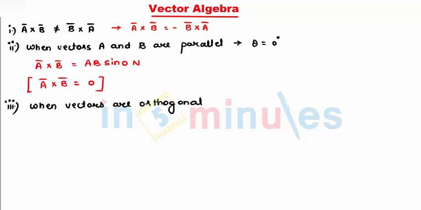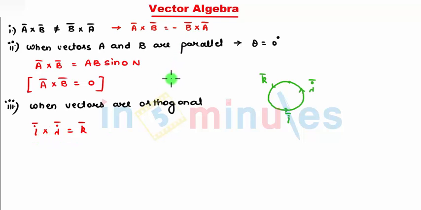I'll just make a circle for your understanding. This is my I bar, J bar and K bar. These three of them are perpendicular to each other. So when you do cross product of I bar and J bar, you get the third vector, that is K bar. Since I have taken unit vectors,